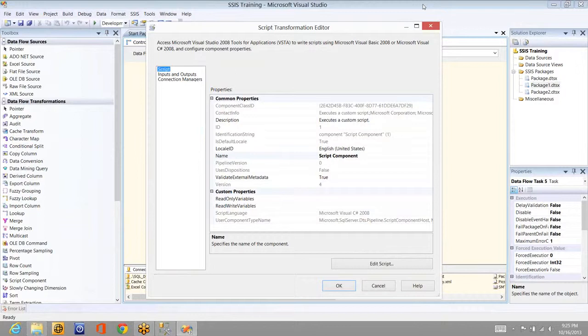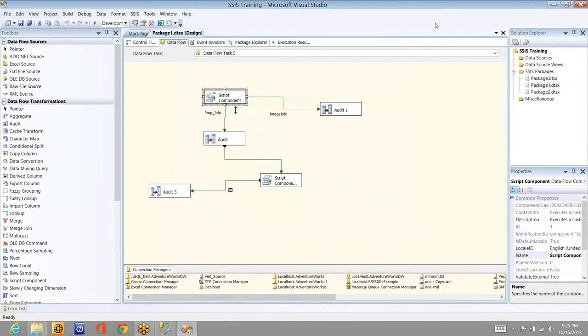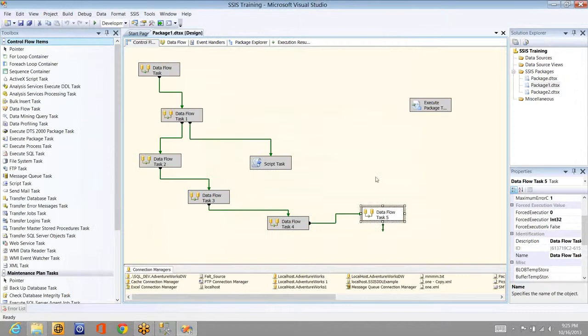You'll be getting input values. You will use those values and you will be inserting into the SQL Server database, or you can write it to the text file. You can do magics with the .NET language, right? So you can achieve all those stuff using the script component as destination. So this is how you can write. You can extend the functionality. You can create your own custom data sources, transformations and destinations using the script component. This is very, very powerful if you're good in .NET. So that is about that.